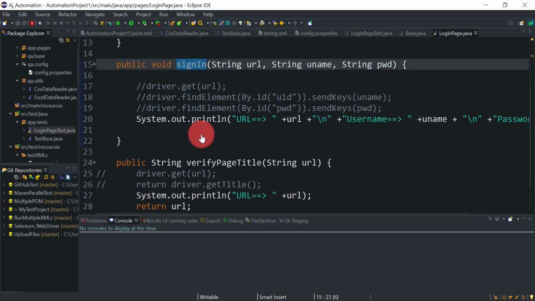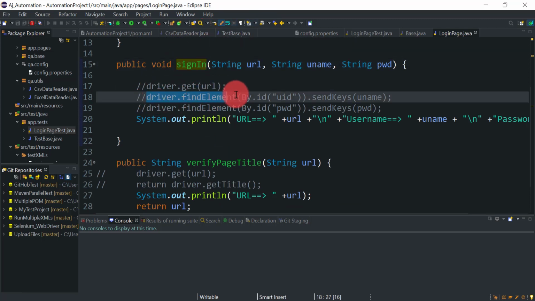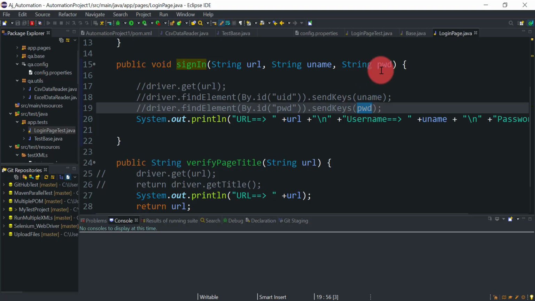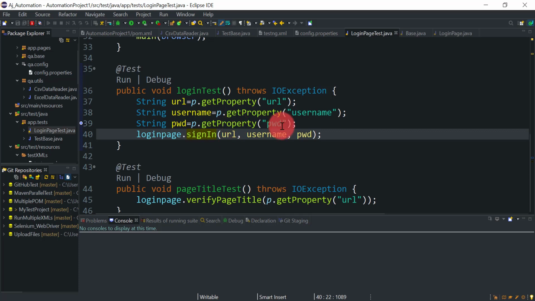In sign in, we are just going to perform the sign in. We are going to open the URL using driver.get URL. Then we are going to find the username field using some locating strategy, and send whatever value we got in this username. We use the sendKeys method here, and for password we use the password value we got from this login test method.